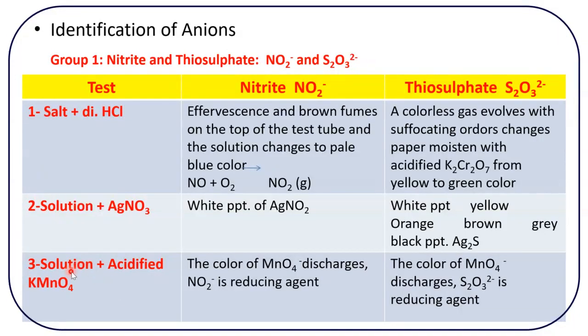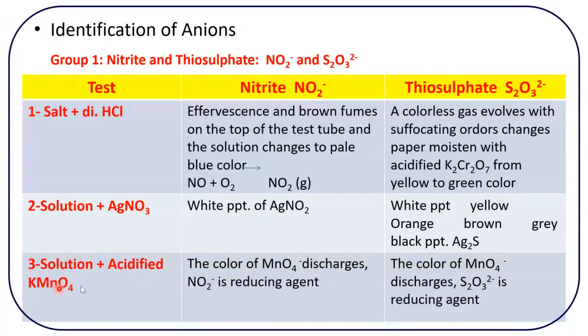So you just prepare a solution and add acidified potassium permanganate. Does anybody know the color of permanganate? It's purple, a violet color. Once you add acidified potassium permanganate to a solution of nitrite or thiosulphate, you will see the discharging of the